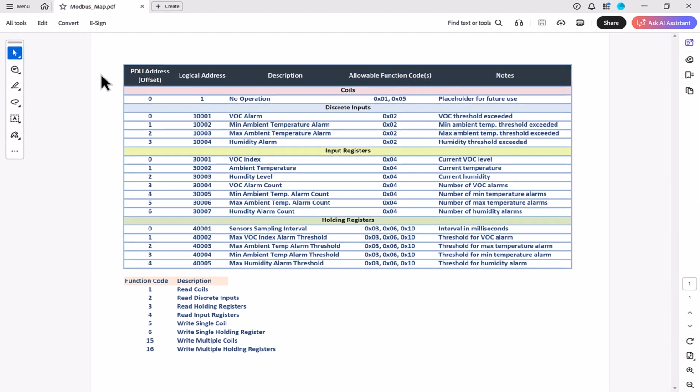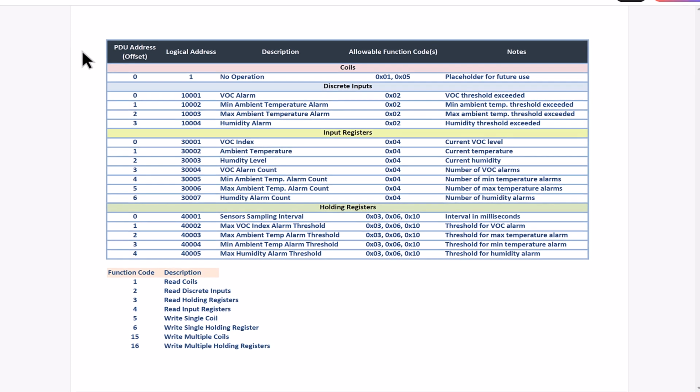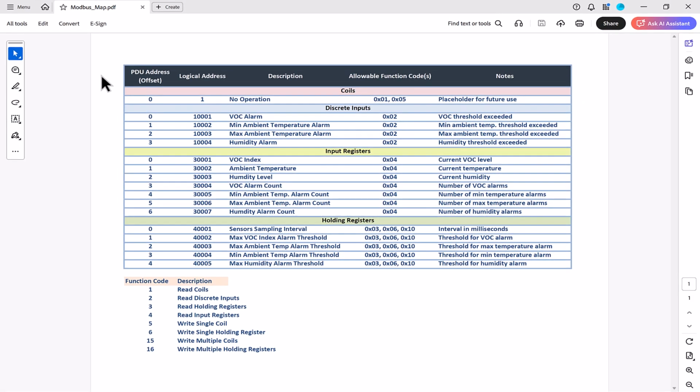Here's a quick example of what I mean. This is a basic Modbus map from one of my projects using STM32 and FreeRTOS. Here we have discrete inputs for alarms, input registers for live and historical sensor data, and holding registers for configuration parameters. This map gives us the structure of the data, but to generate a working reader, we also need a